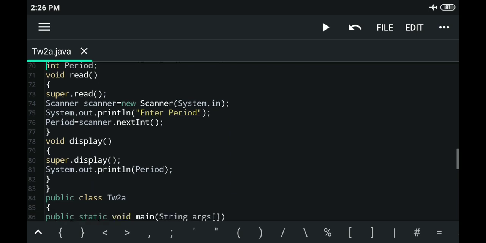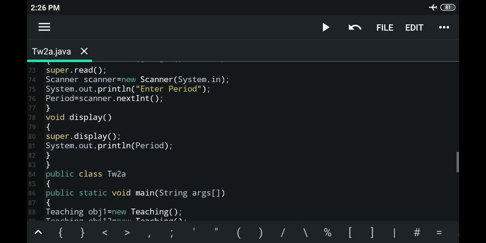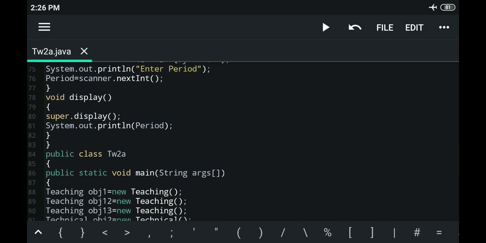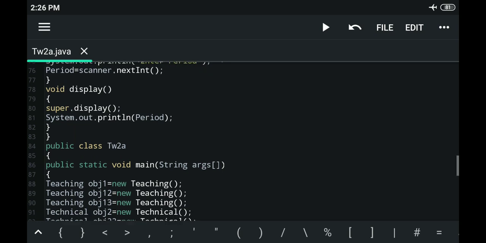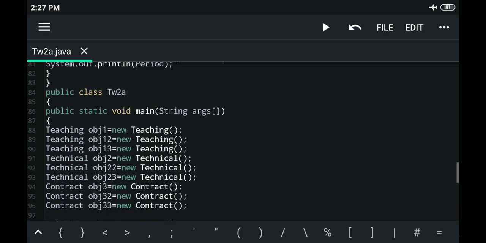In the read member function, we are making a call to the read function defined in the staff class, and similarly again making use of the scanner object, we read the value of the period variable using the nextInt method. And then we also have a member function called display, which displays the details of staff as well as the period of the contract employee.